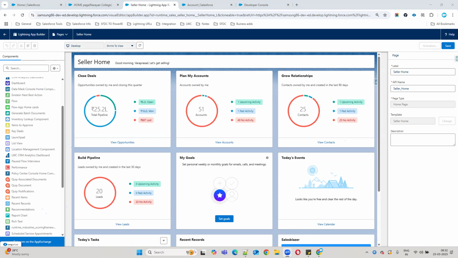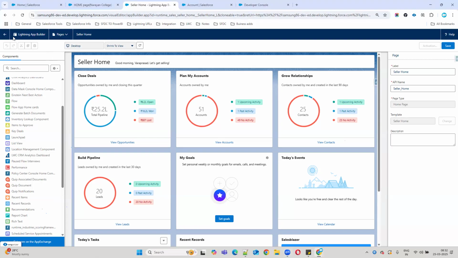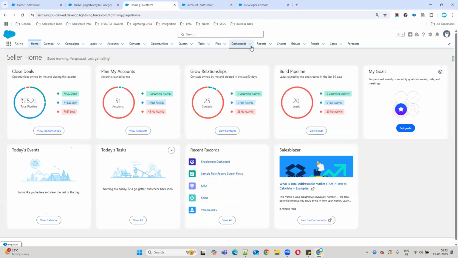Home page is the default page which we can see in whatever page we need to edit. In whatever app we need to see, we can use the home page. Okay. Actually, home page is nothing but a default page for all the applications. If you open any application in Salesforce, by default, home page will be selected. See in that home page, whatever the components you want to use, that you can adjust by using app builder, or you can create a new thing.